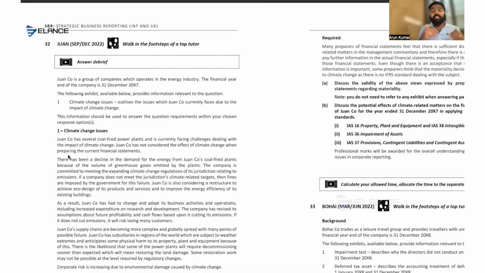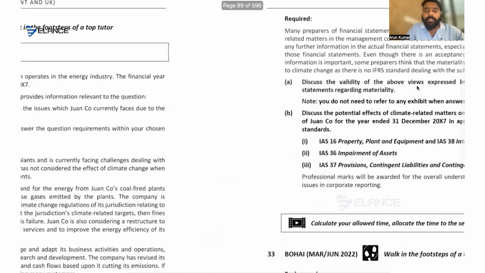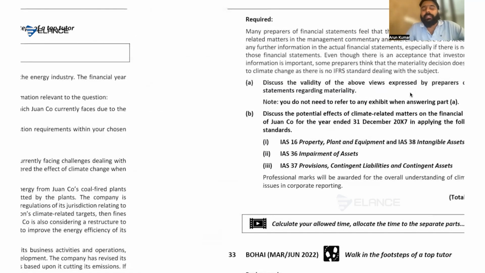Okay, so it is not material, because materiality means an omission or misstatement that will affect the economic decision of the user. That's what I mean by materiality. So it is not directly affecting any balances or carrying values in the FS right now. But as accountants, we have to faithfully represent our FS. So it's better to give some additional disclosures based on climate change. Even though it is not material right now, it may be material in future, so it may have a huge impact on our entity in future. So we have to express our view. That's what they are mentioning here.